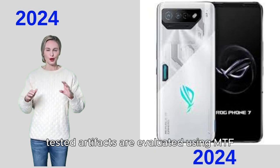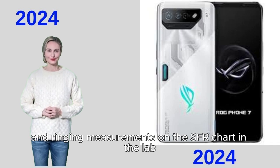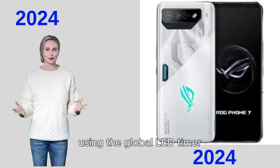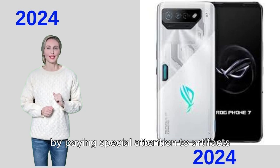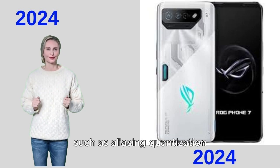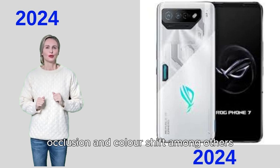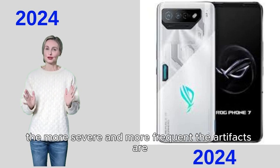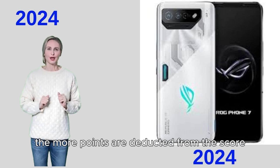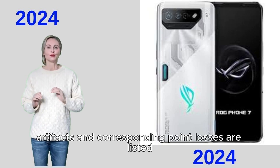Artifacts are evaluated using MTF and ringing measurements on the SFR chart in the lab as well as frame rate measurements using the global LED timer. Natural videos are evaluated visually by paying special attention to artifacts such as aliasing, quantization, occlusion, and color shift, among others. The more severe and more frequent the artifacts are, the more points are deducted from the score. Key artifacts and corresponding point losses are listed at the end of the